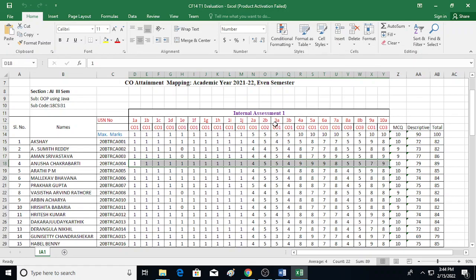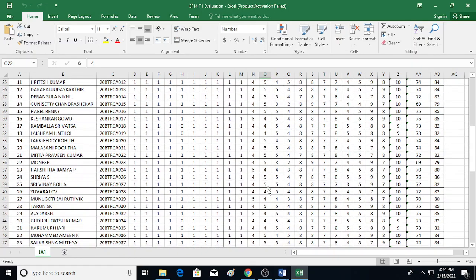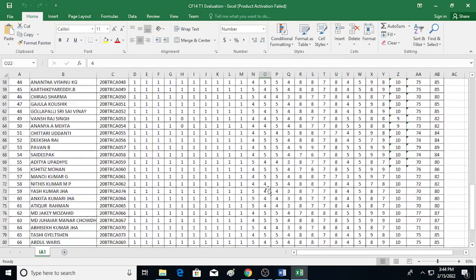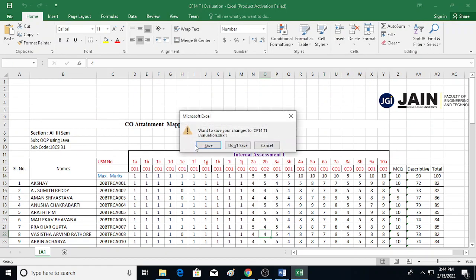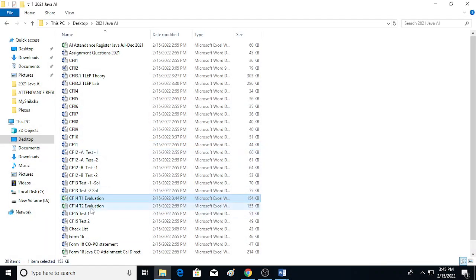See this, for 2A, 2B, 3A, 3B, 4A, 5A, 6A, 7A, 8A, 8B, 9A and all these things, she has written very correctly. She got 10 out of 10 marks in MCQ. Out of 90 in descriptive she got 79 marks. Total marks is 89. Similarly, all of the students have been taken into consideration. See how they have given the marks. In this way we have provided the details of their marks over here.